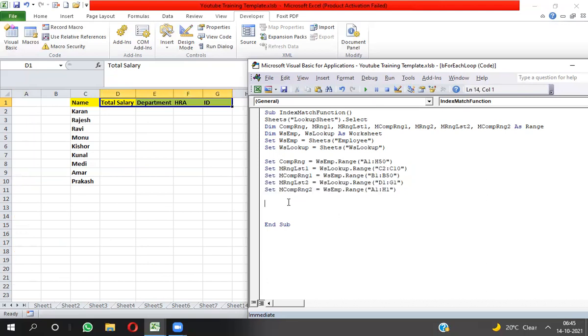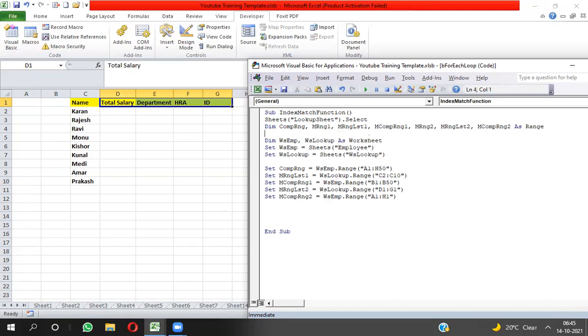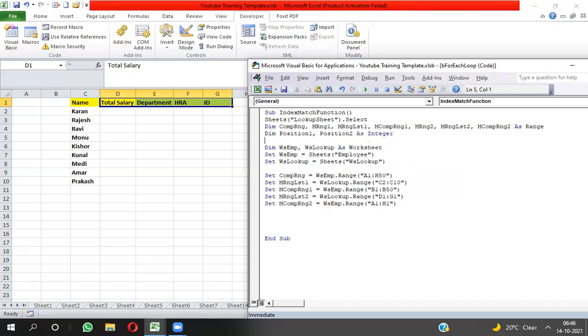So I have to declare position 1 and position 2 variables, data type should be integer. So Dim p1, position 1, position 2 as Integer.